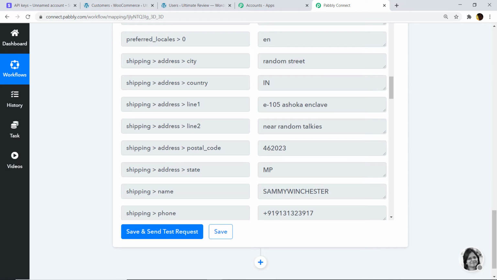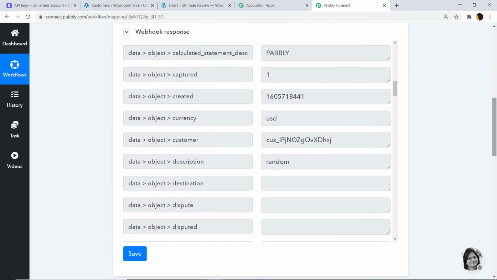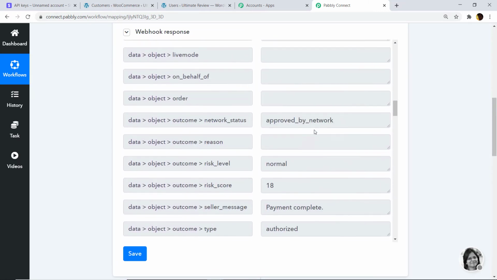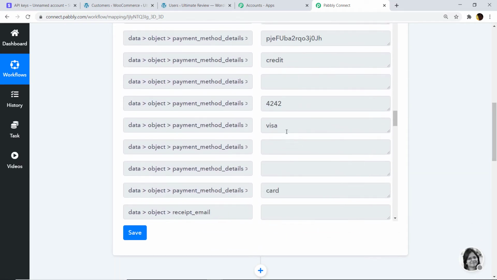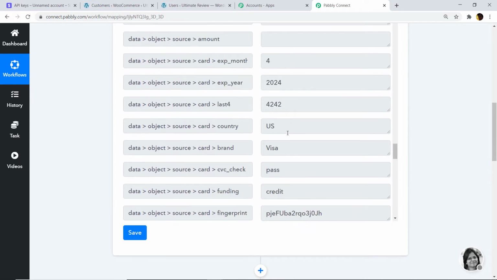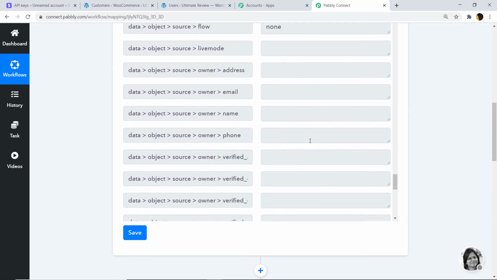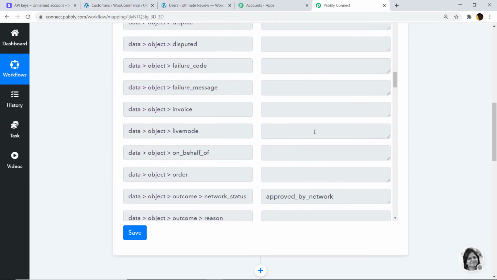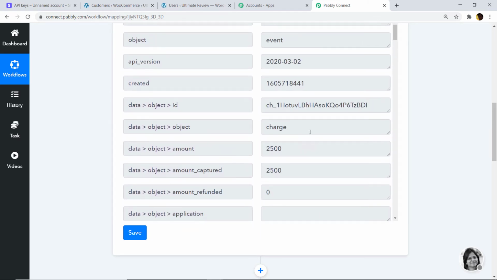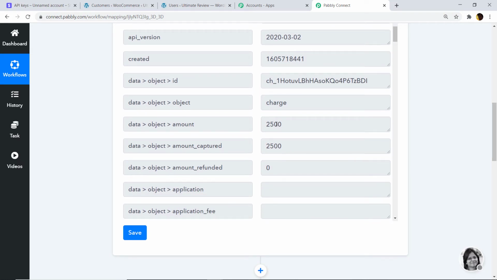But there is something you need to know. Let's have a look at the details in the first API response. So these are the details we got, and where is the charge amount? It was $25, right? Where was the charge amount? Okay, yeah, this is the charge amount. Actually the charge amount, as you may remember, was $25, but right now it is showing as $2,500. So this is kind of wrong.